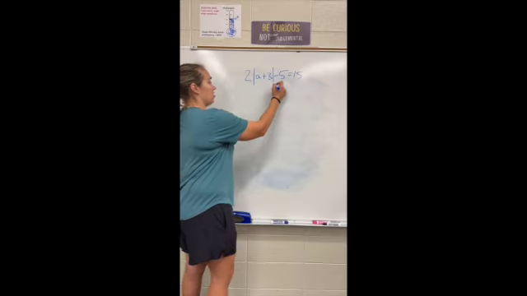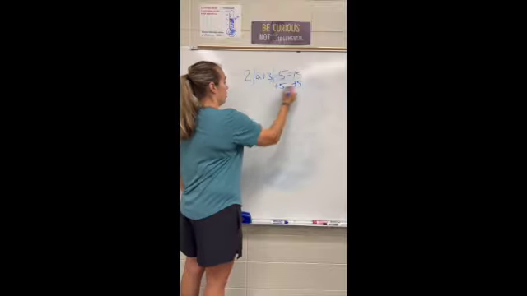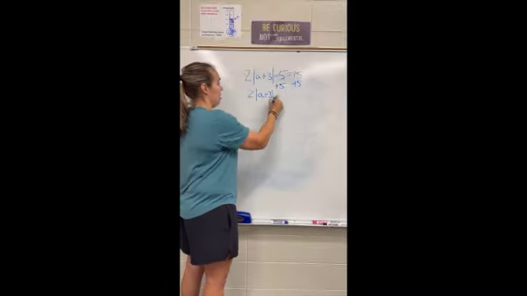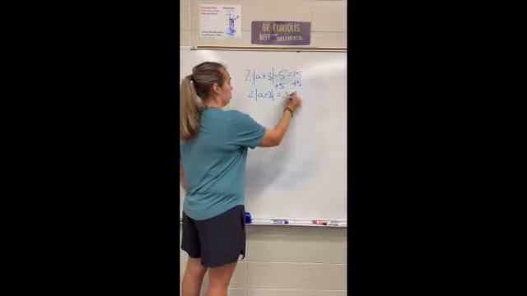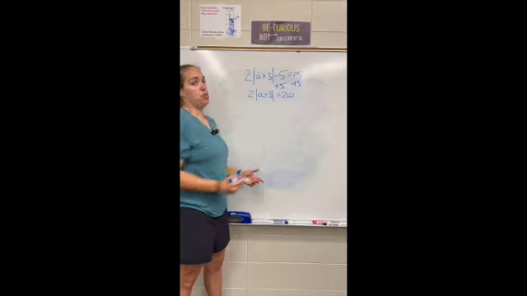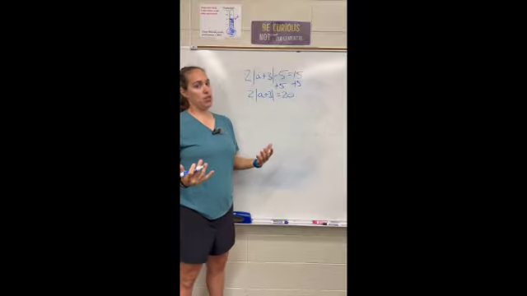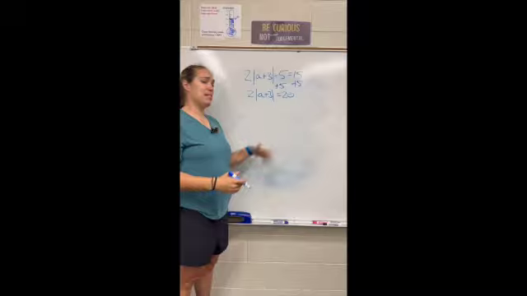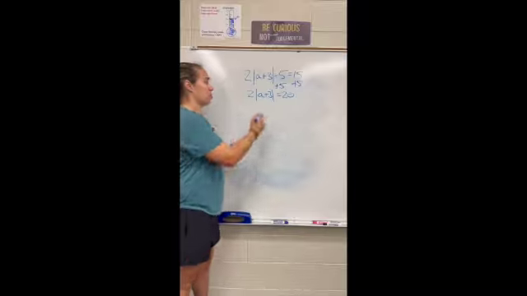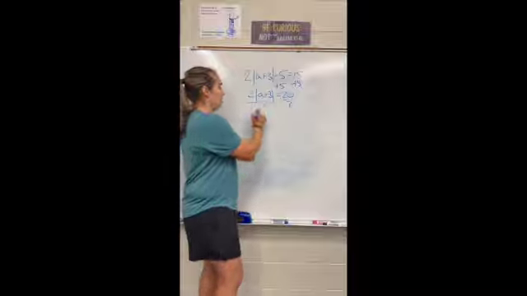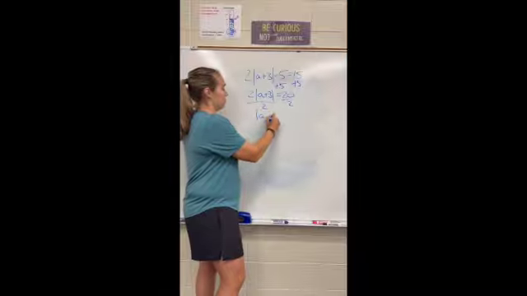To move that to the other side, I would add 5. So I get 2 times the absolute value of a plus 3 is equal to 20. A lot of times students here want to distribute this 2 into those absolute value bars. We can't distribute the 2 into the absolute value bars. So remember that this would be 2 times the absolute value. So to undo multiplying by 2, we divide by 2. We have the absolute value of a plus 3